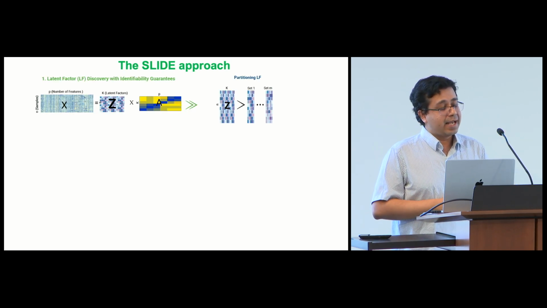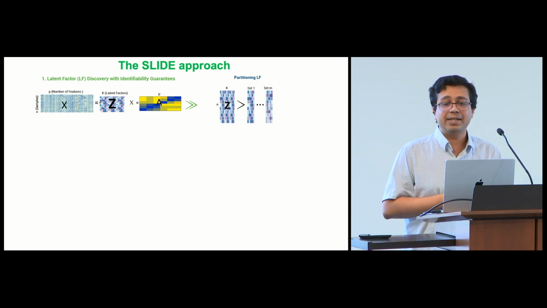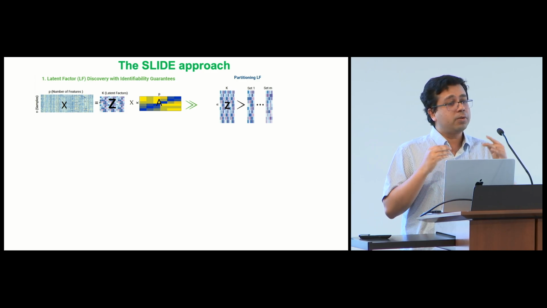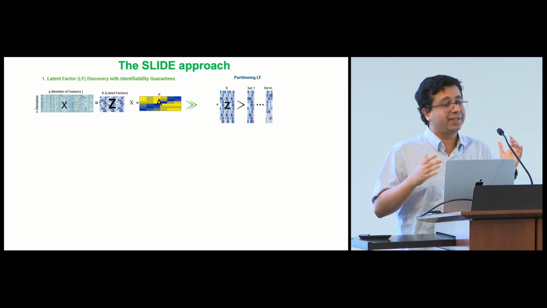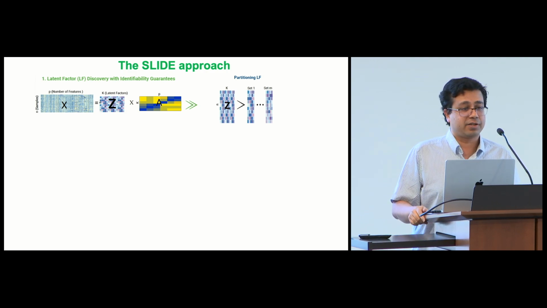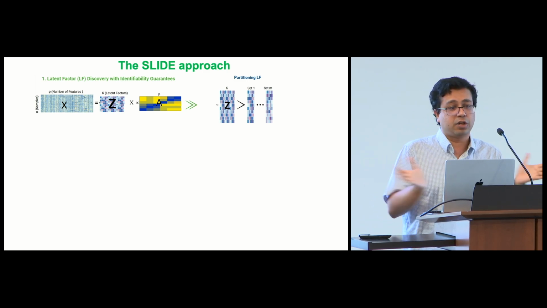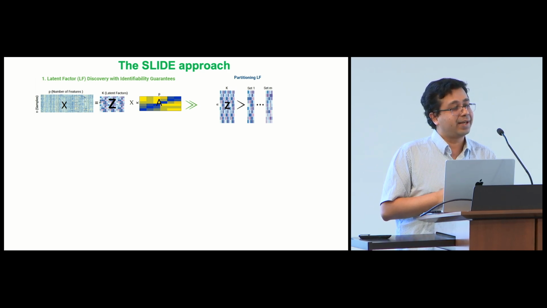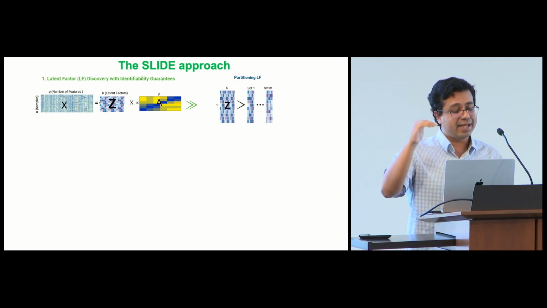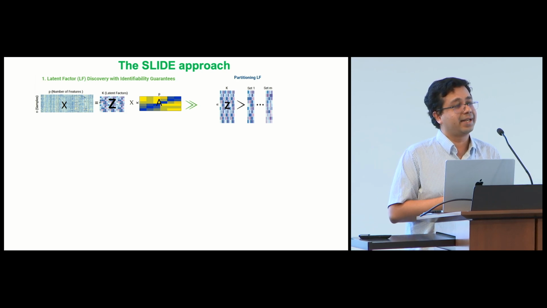So step one is we set up a latent factor discovery framework with identifiability guarantees in parameter space without making any assumptions regarding data generating mechanisms, without making any assumptions regarding orthogonality of the latent factors. Other methods, let's say non-negative matrix factorization methods, are non-identifiable. On the other hand, if you have methods like principal components regression, obviously the principal components are orthogonal. So we can prove, this was work done in conjunction with theoretical statisticians at Cornell, unique identifiability of the latent factors by allowing them to be overlapping without making assumptions regarding data generating mechanisms.